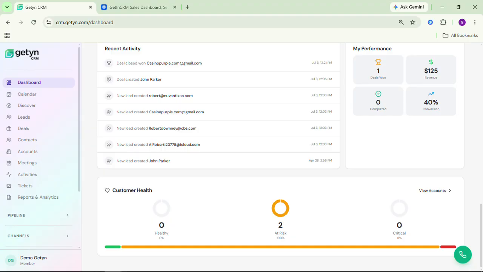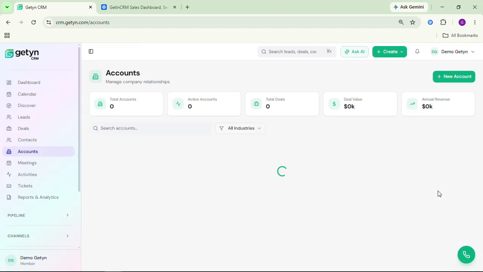Then we come to the bottom of this dashboard, and here you could see the customer health. Customers are categorized based on their engagement level, helping you identify which accounts are healthy, which may require attention, and which could be at risk. You must be getting confused, so let me show you how it's done. If I click on view accounts,